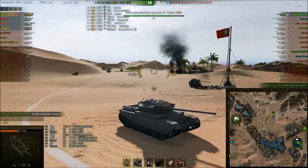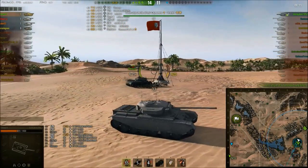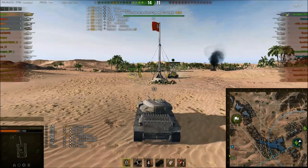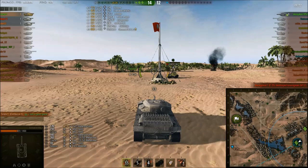So, Tiger P takes out the M41. It's looking like a win. Just the E25 left on the enemy team, and he's nowhere near cap. Yep. So that's one of those situations where it is probably better to actually cap than try and kill the